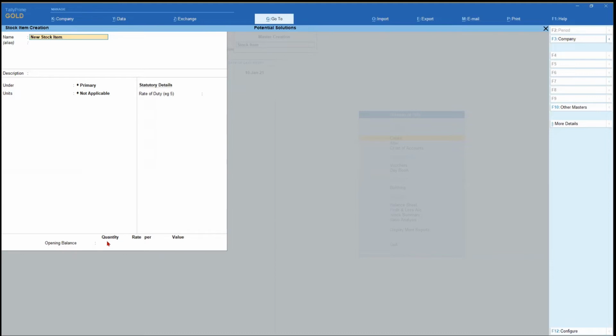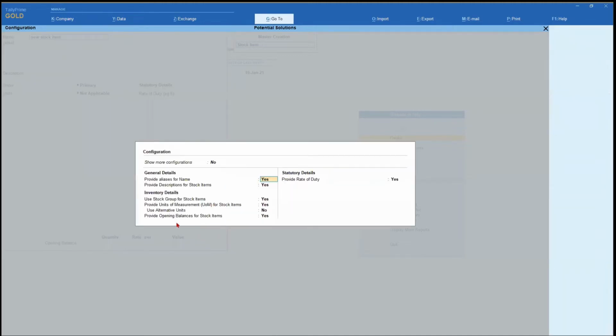That is when, if you feel that you don't want this particular option, you are going to press F12 configuration. And here you have this option called provide opening balance for stock item. This is going to be yes by default. Just click here and make it as no and save the configuration.